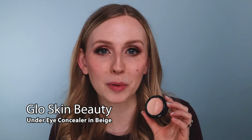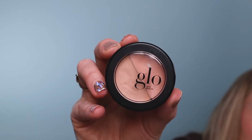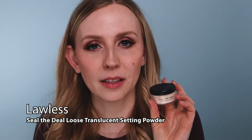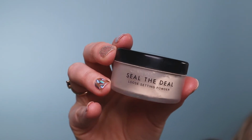This is an indispensable product for me, especially this peach one, because it is a color corrector for my purple to gray under eye circles. This one has been a huge help, and I tend to wear it under any other concealer to help balance out that base layer and create a nice base. For setting powder, lately I've been using this one, which is the Lawless Seal the Deal Loose Translucent Setting Powder. This one is a talc-free option, and I haven't gone through it very quickly, but it's really helped me,